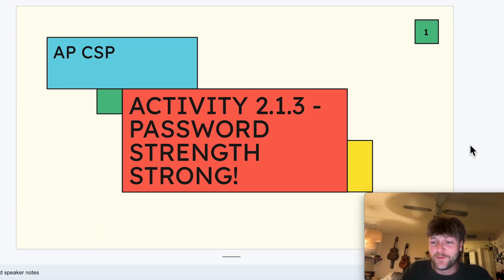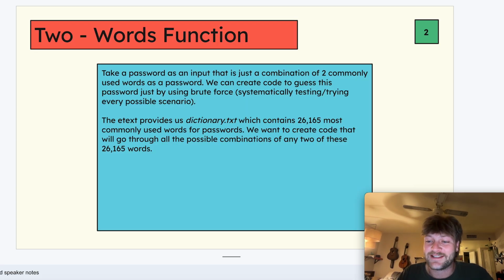Alrighty, so hello everybody. In this video, we'll be going through activity 2 and 3, password strength strong. So you should have ended up reading through the e-text. We're going to be going through the two-word function section, as well as the two-word and a digit function in this video. So what they end up prompting us to do in the e-text page is they want us to